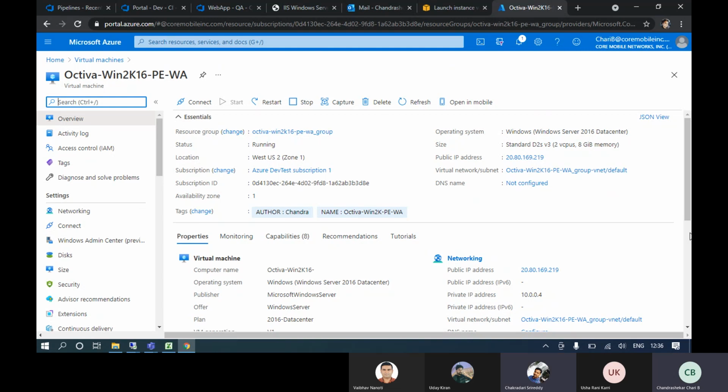For the time being, what I have done is, this SQL database was not supported in Microsoft Azure, right? But anyhow, we need to configure some database in Azure because the Activa people want their servers in Azure only, right? So I created one virtual machine in Azure, which has Windows 2016. That's it.